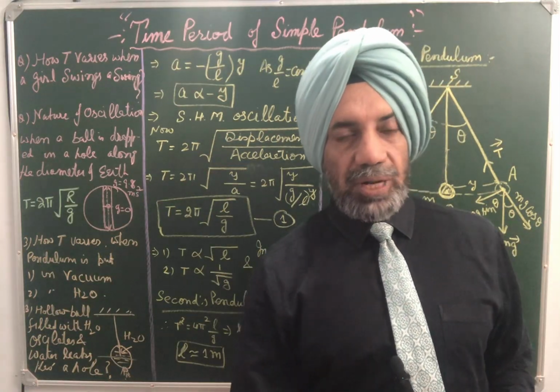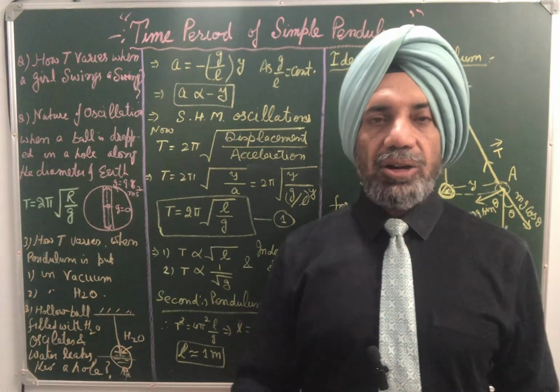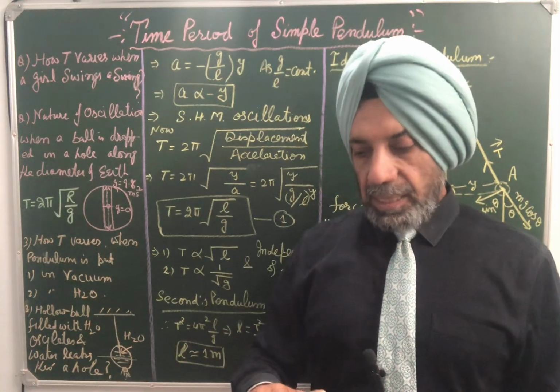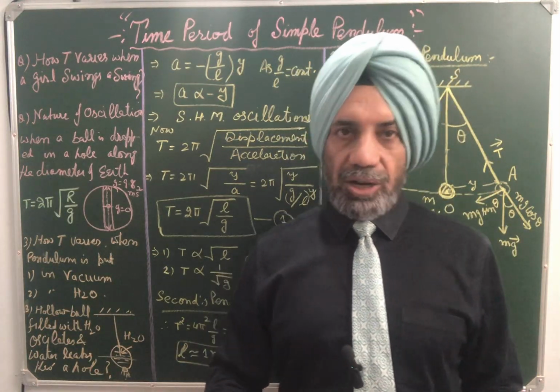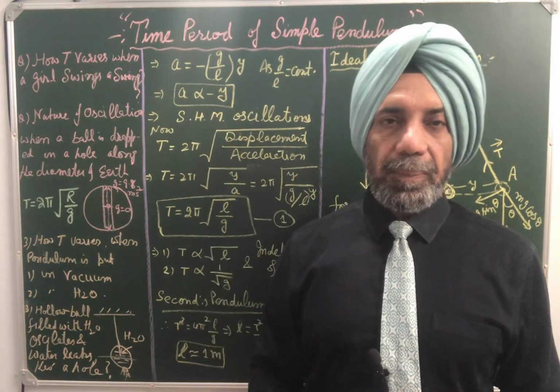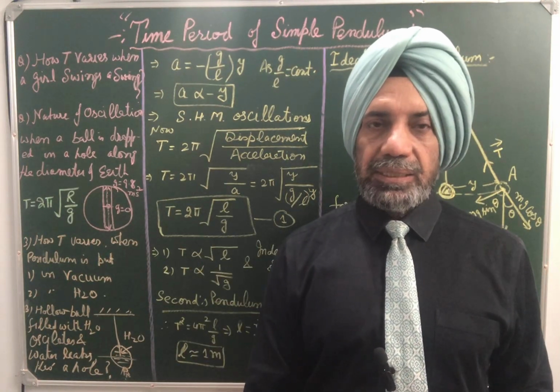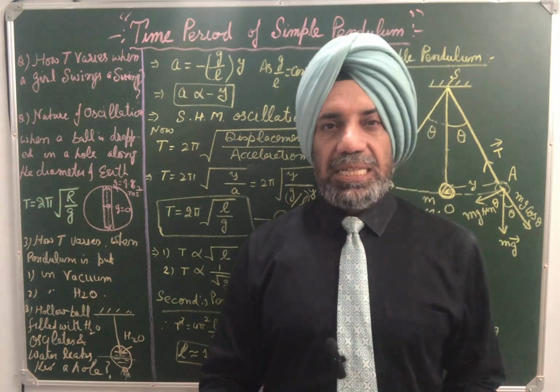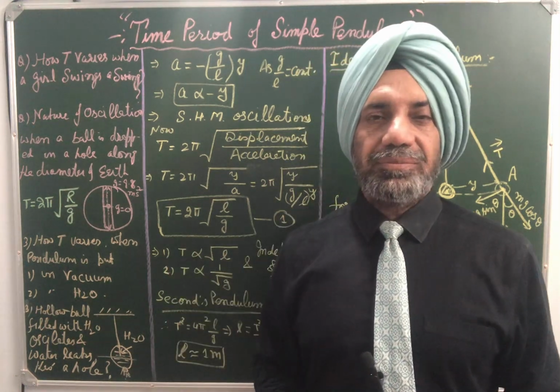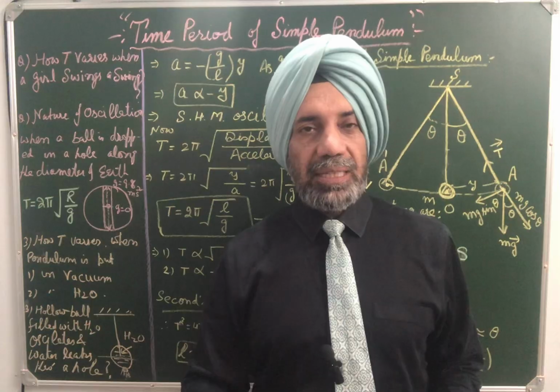Again, there is acceleration due to gravity which always acts toward the center of the earth. Since acceleration due to gravity is zero at the center of the earth and maximum at the surface, and g is directed towards the center of the earth,